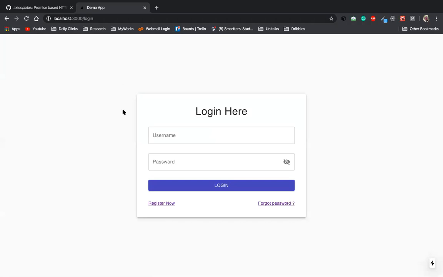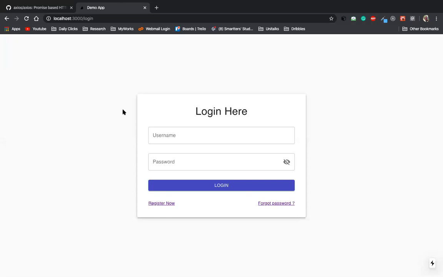So now we have logged in the user, but we have not saved the data anywhere inside our system. So what will we use to save the data inside our system? We will use local storage. So what is local storage? Local storage is a local memory for every browser. Like we will store our user ID there.